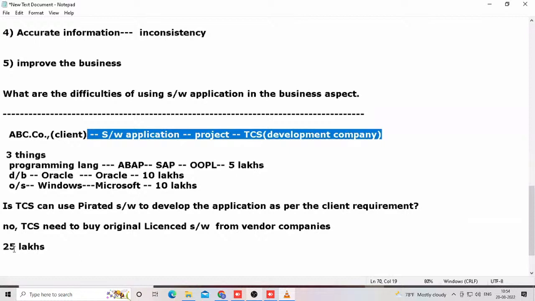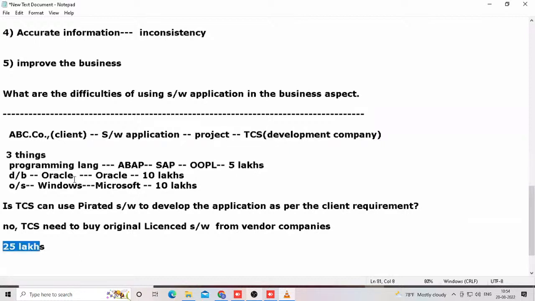So 25 lakhs invested by TCS. They purchased these three products from these three vendor companies. And using these three products, TCS developed the application as per the client requirement. Point clear? Yes, sir. Good. Now,